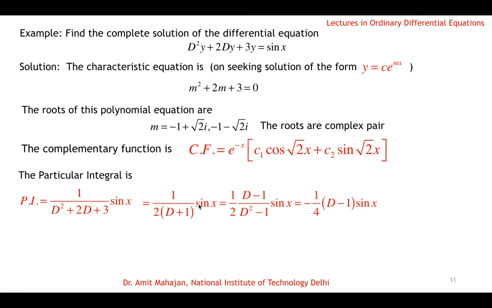Okay, theorem 2 you can apply. Or if I multiply and divide with d minus 1, then the numerator will be d minus 1, and in the denominator it will be a plus b into a minus b, so it becomes a square minus b square, which is d square minus 1.